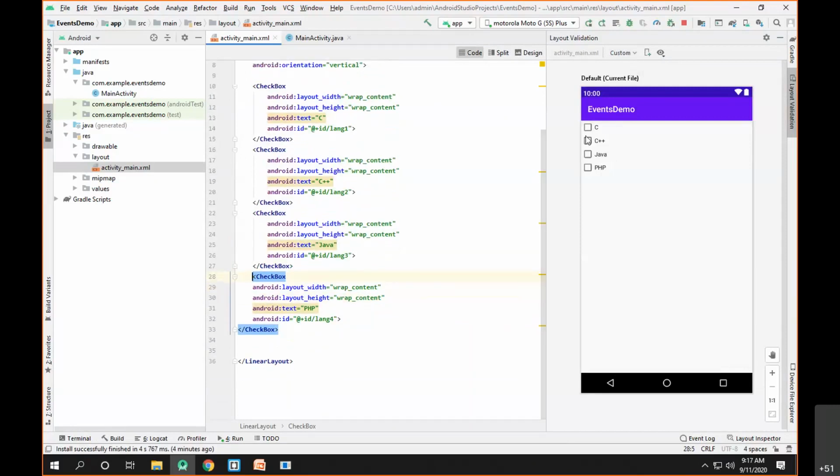Okay, what we can do is, whichever the checkboxes are checked by the user, whichever the checkboxes which are checked by the user, we have to just make a list of them. We have to just make a list of them. Now, can anybody tell me what would be the easier way, what would be the easier logic to deal with such a case? Can anybody give me the idea about this?